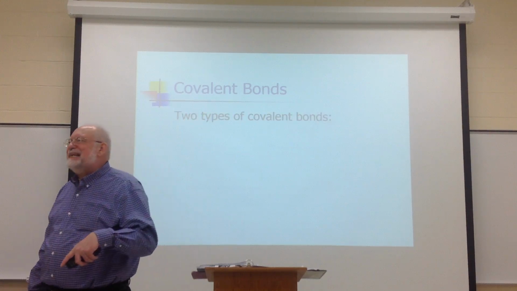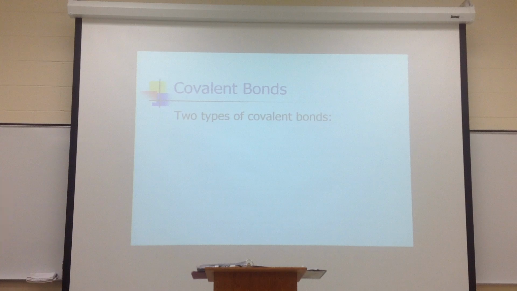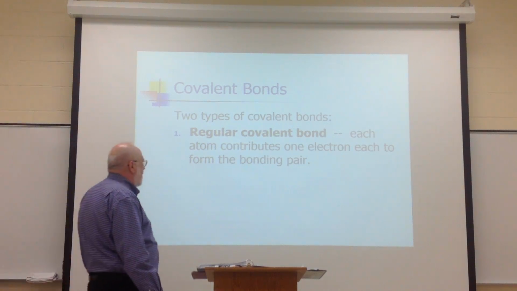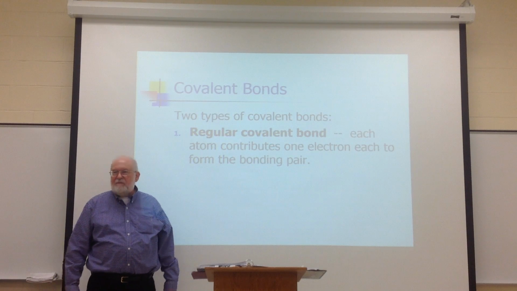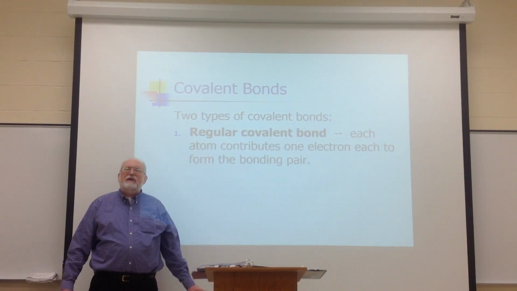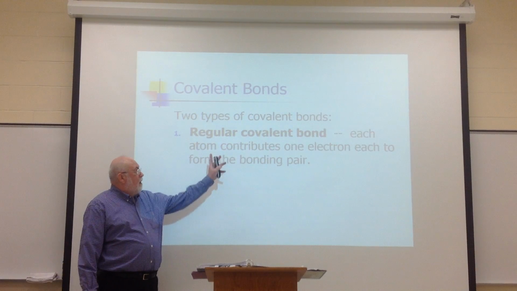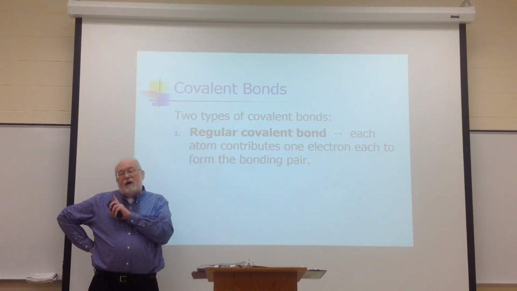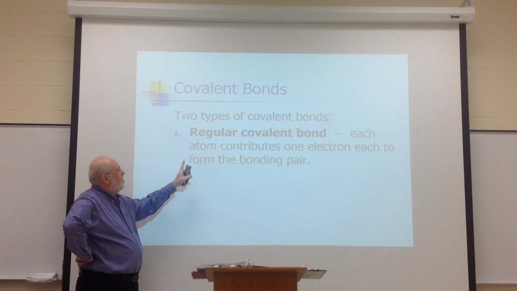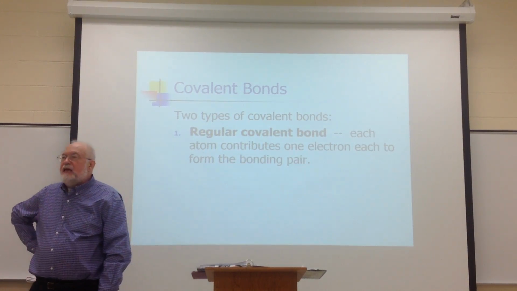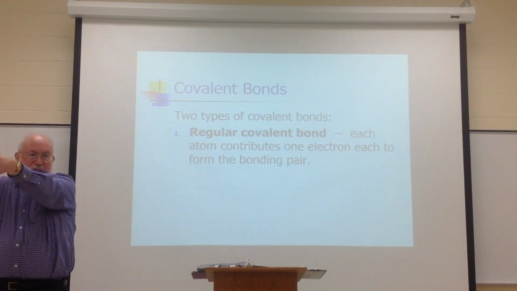There are two basic types of covalent bonds. All right? One type is what we call a regular covalent bond. Regular. All right? Most of the time, this is what we're going to encounter. By far. Now, what is it? How will you know it when you see it coming down the street as broad as life and twice as natural? Well, if it's a regular covalent bond, each atom of the two bonded atoms,